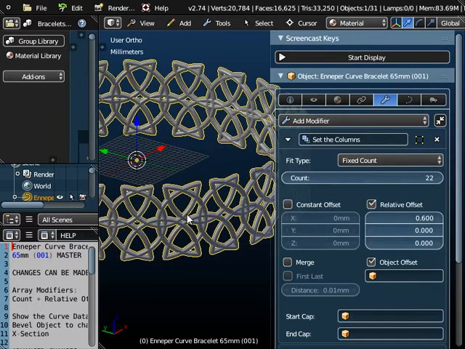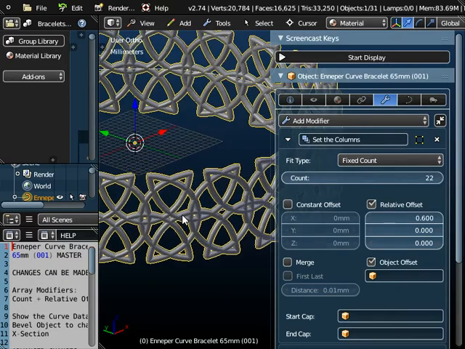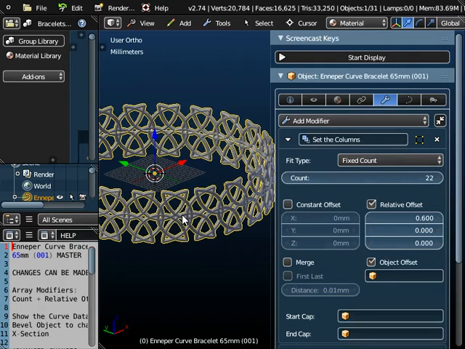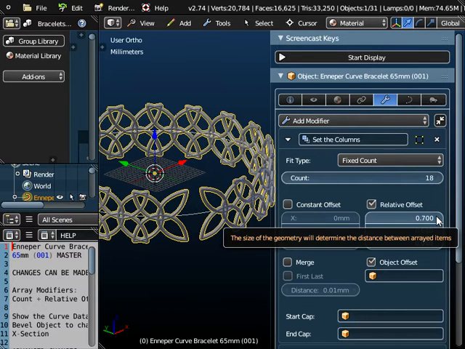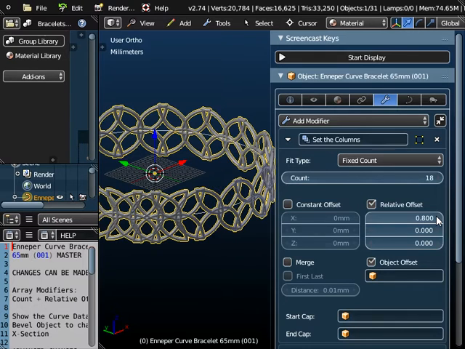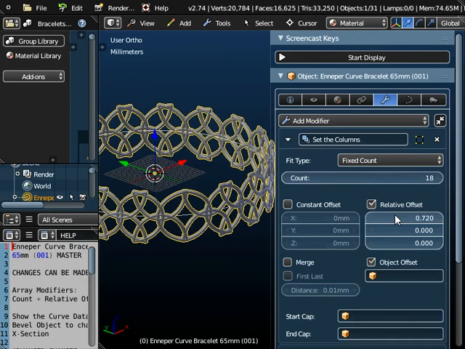If you're happy with the pattern, if there is no strange pattern where it overlaps, in fact that looks okay, then you can leave it at that. We could actually do a count of 18 and change this offset. If we try and change it to 0.7, that's not quite joining yet. 0.8 takes it a bit too far, so I could end up typing something like 0.76 in there, and I have to type it this time, and I could keep playing around with this until I get the pattern that